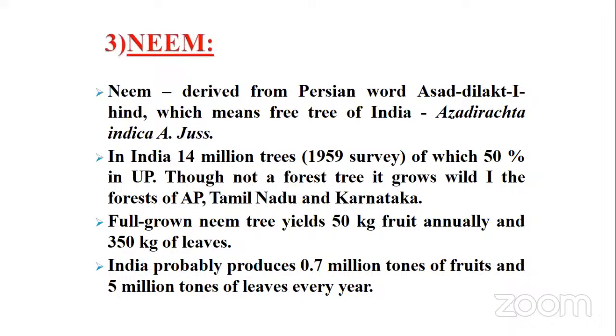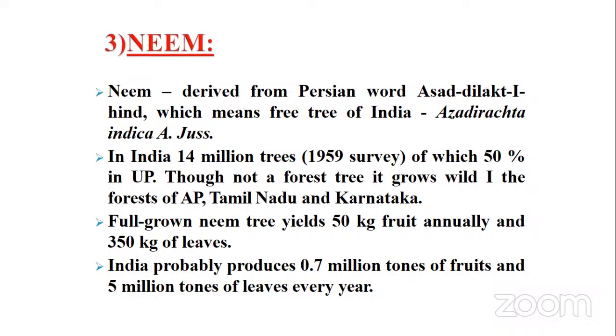And the third one is the neem. Okay, we already know it is a tree of India. It is from Azadirachta. The scientific name is Azadirachta indica. Okay, in India, there are 14 million trees, of which 50% of the Azadirachta indica or neem trees are